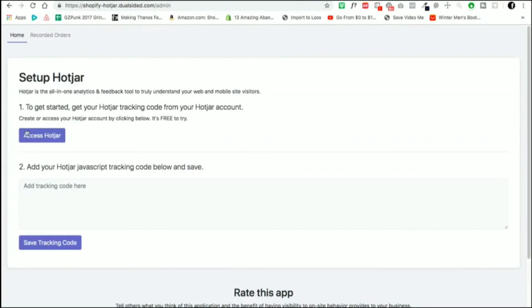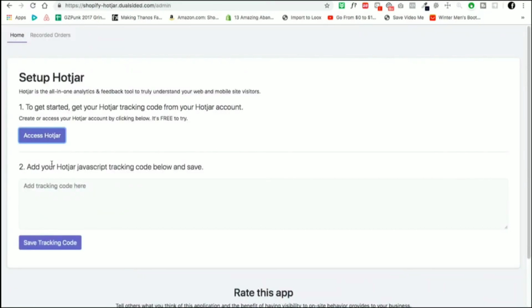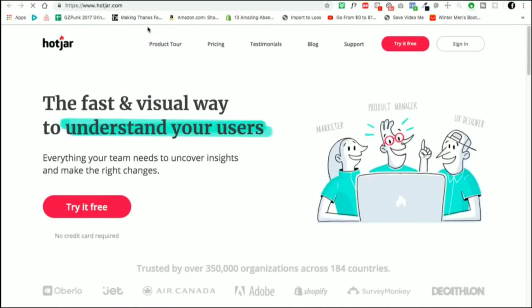So you see 1 and 2 over here. You just click on access Hotjar. Don't close the other one because later on you need to add your JavaScript tracking code. So once I'm in the Hotjar website, I would click on try it free, or over here,